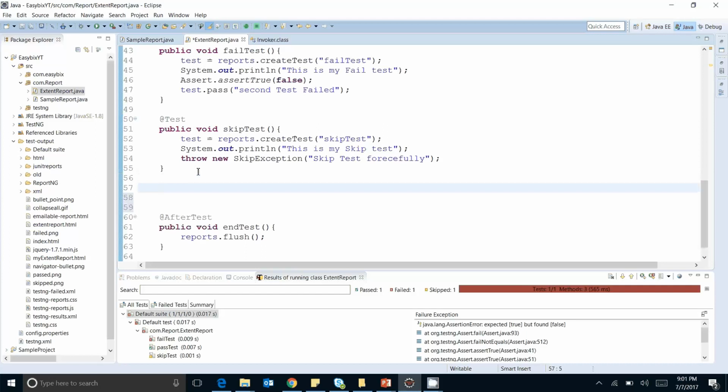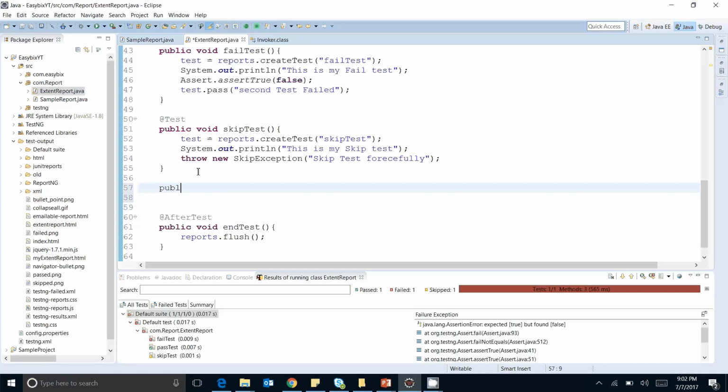Is it possible to provide all the test results in a single shot, at a single time, to the extent report? No, you need to write the result of each test case after the execution of that particular test case. How can we do that? We need to write some code which will insert the result inside the extent report after the execution of that particular test. If you want to execute some code after the execution of each test method, we need to put that code inside the AfterMethod annotation.